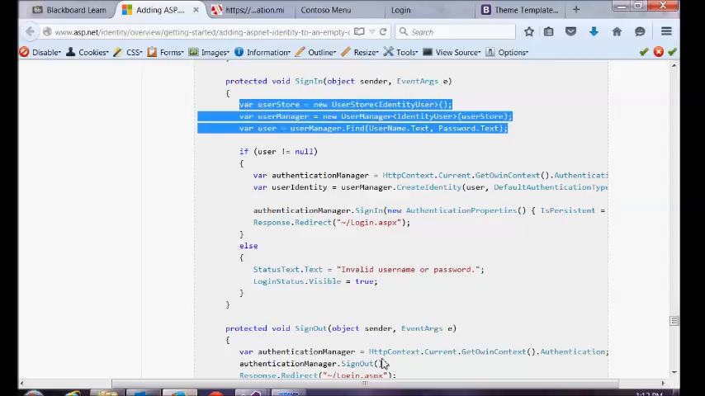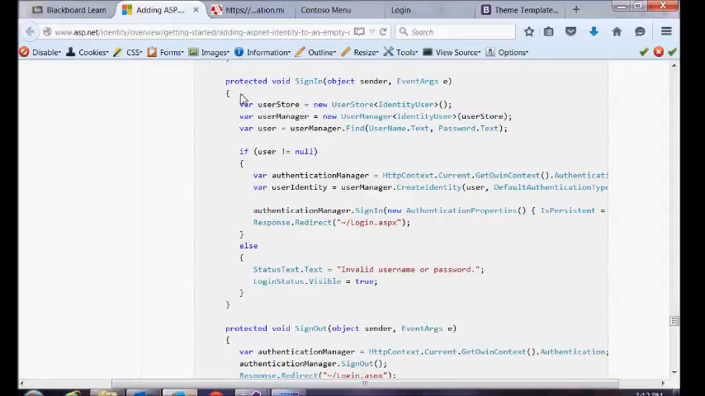Now they've also included sign out here. We're going to build that as a separate page with a link in the header, rather than making the user go back to the login page first and then click log out. That's what their tutorial does. I think that's silly. So in sign in,